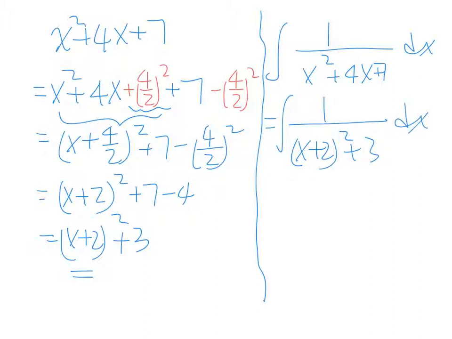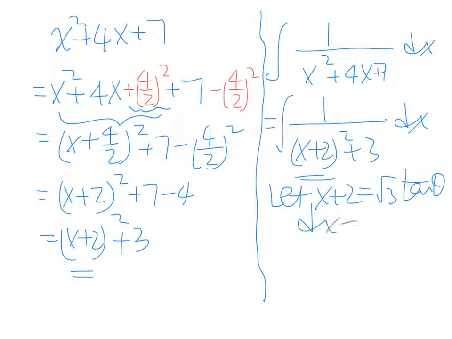Now we realize that's a tangent substitution. We're going to let x plus 2 be square root 3 tangent theta, and dx is going to be square root 3 secant squared d theta, and then we can